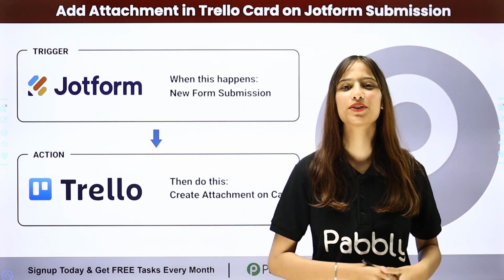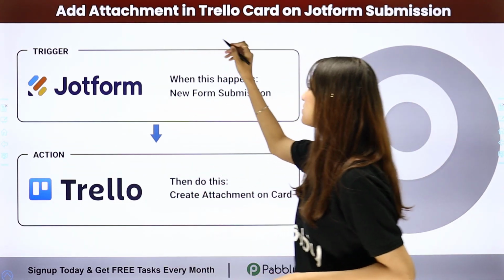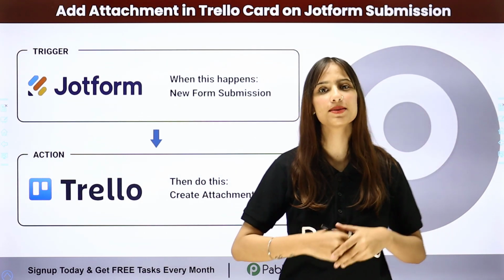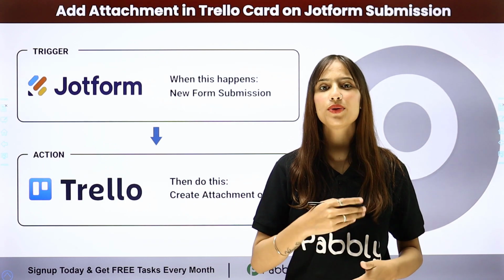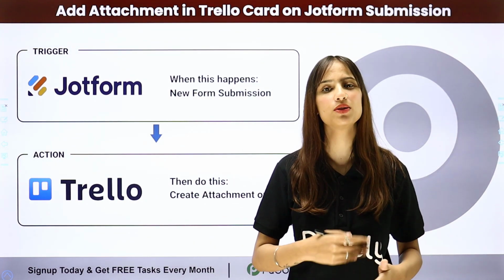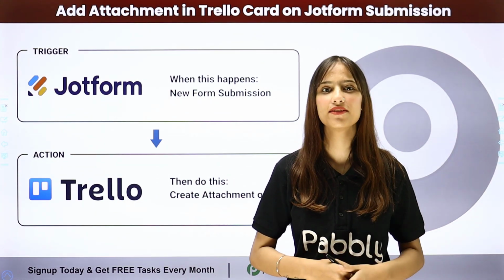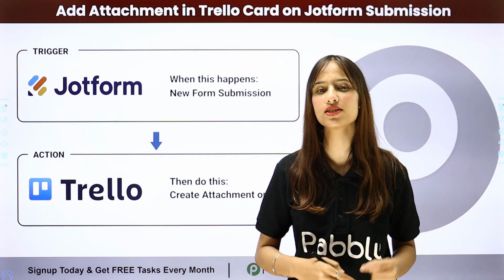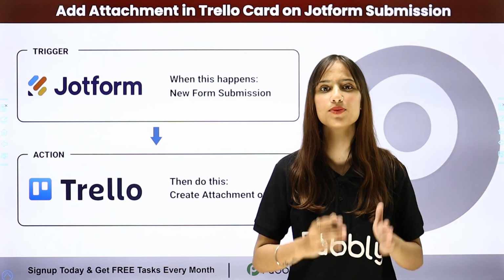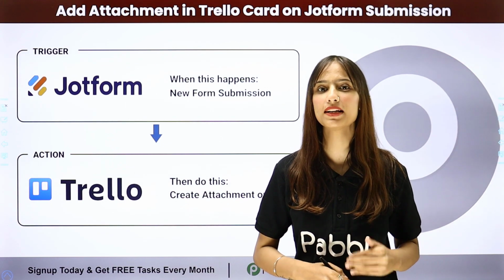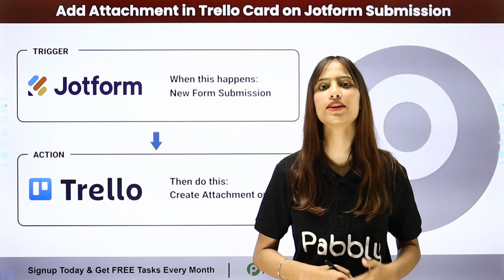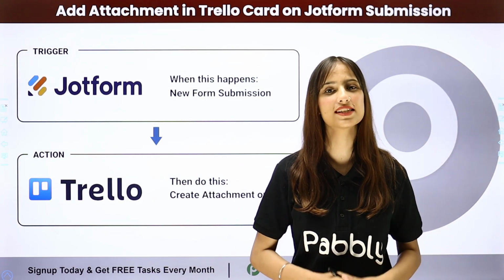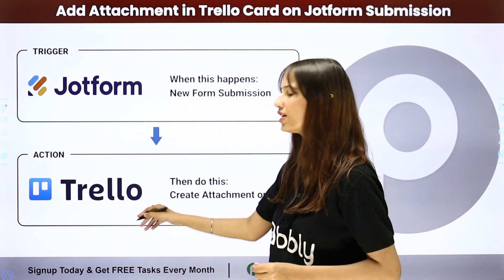So in today's video we are going to understand how to add attachment in Trello card on Jotform submission. So here let's assume that I am a human resource manager and to get the new job applications I am using Jotform. So here my objective is that whenever a person is going to submit a Jotform with the attached PDF of theirs, then automatically by using those details I want to create a card in Trello along with the attachment. So here to do this, I need to build a connection between these two applications, for which I am